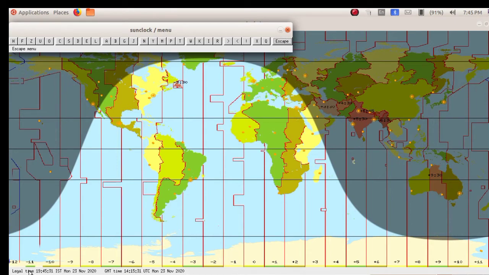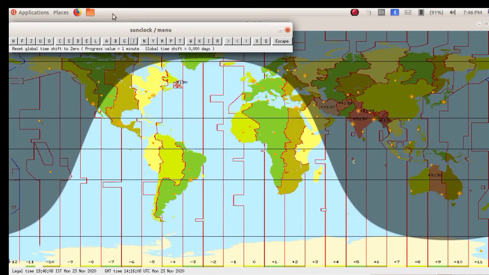In the last class you became familiar with solar time, but we have to keep in mind which time, solar time or legal time, is displayed in the window when we open the sun clock software for the first time. Which time? Legal time.